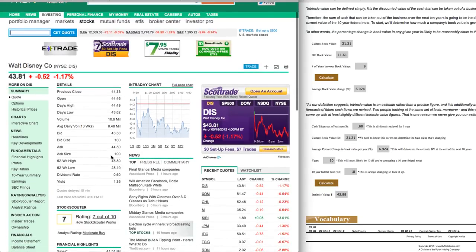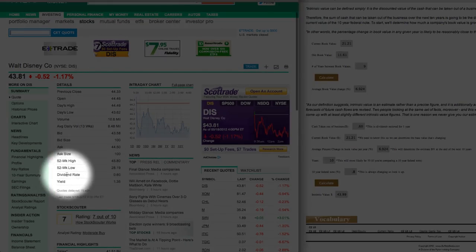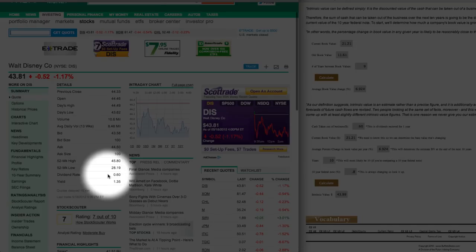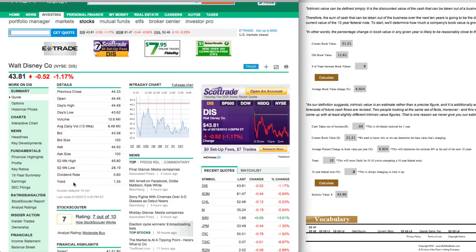And you would scroll down and look at the dividend rate. You can see the dividend rate is right here, and that is 60 cents. Make sure that you're not using the dividend yield, because that's taking this rate and dividing it by the current market price. That's not what you want for the calculator. For the calculator, you want to use the dividend rate, and that's 60 cents if you're going to use that for the current dividend. And so that's what I'm using.